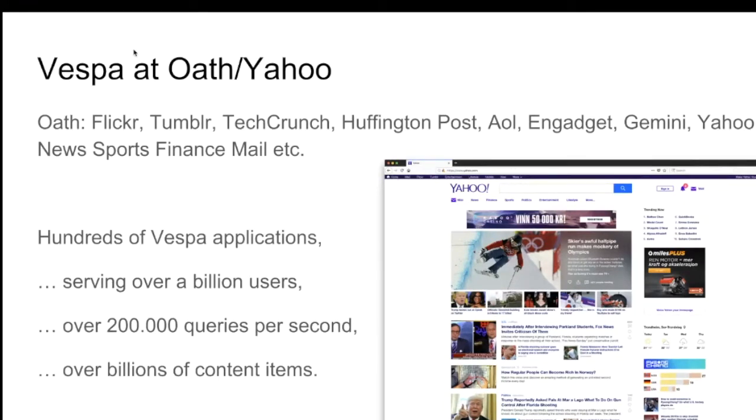And the same thing with the native ads in this stream, also computed by Vespa on the fly using machine learning models, using your personal information, and in addition taking things like bid information into account. And every time we display an ad, we update the budget for all the ads for that advertiser on the fly and so on in the system. So in total, we execute a couple of 100,000 queries per second on Vespa.